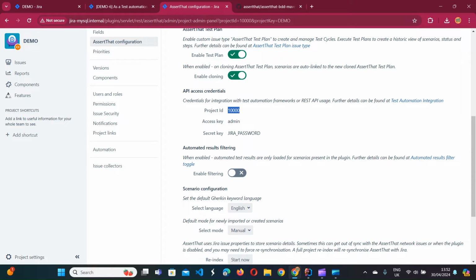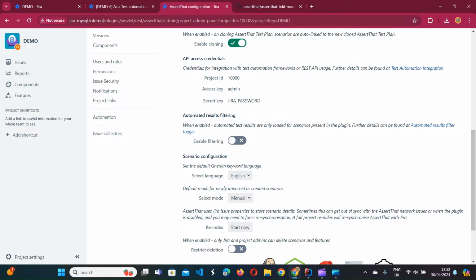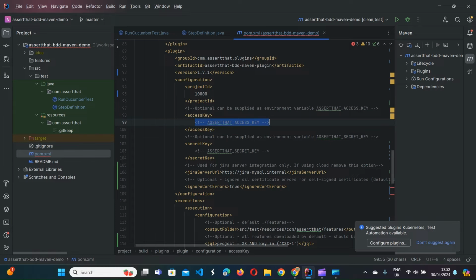And the access key and secret key will be your username, which will be highlighted here, and your password, which is some secret. Alternatively, we have a documentation on how to set up the API access token that can be used instead of the basic authentication credentials. But for the purpose of the demo, we'll use just my username and password, which is admin.